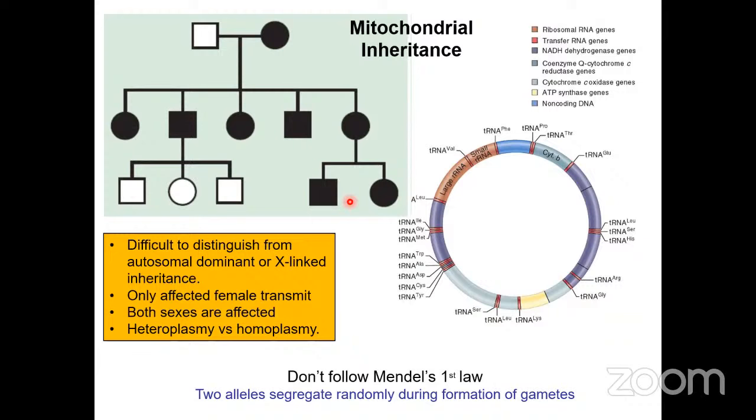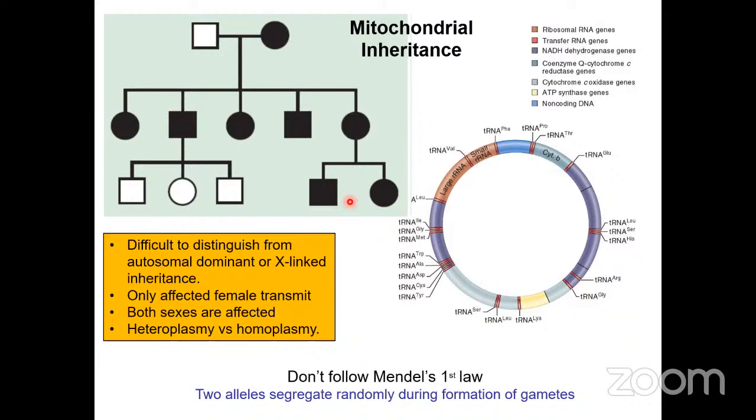The ovum is the only one which carries mitochondria. Sperm doesn't have mitochondria. That's why it's called matrilinear inheritance. It is transmitted from mother to child. So the ovum contains mitochondria. When the gamete is formed, the mitochondria are distributed from the oocyte